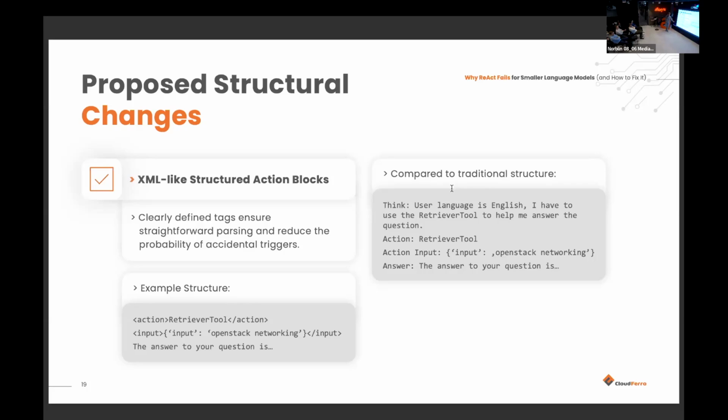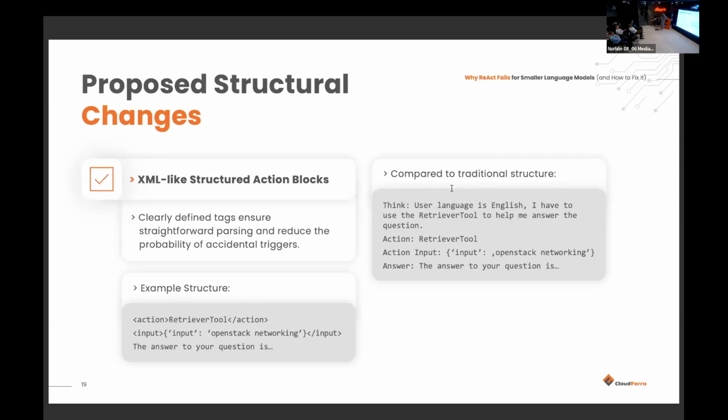And as we are considering mid-stream action triggers, everything that is put above or below such XML-like blocks could directly be passed to the user. So we are no longer dealing with those language-like action triggers, but we're specifically handling the XML-like blocks for both action and input